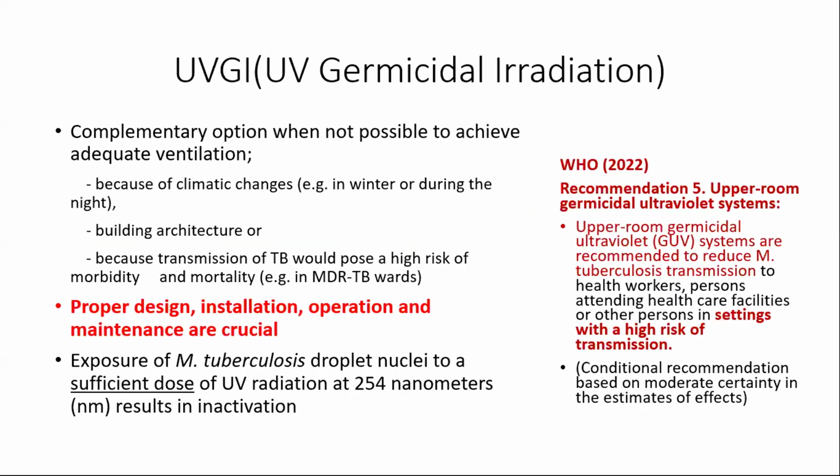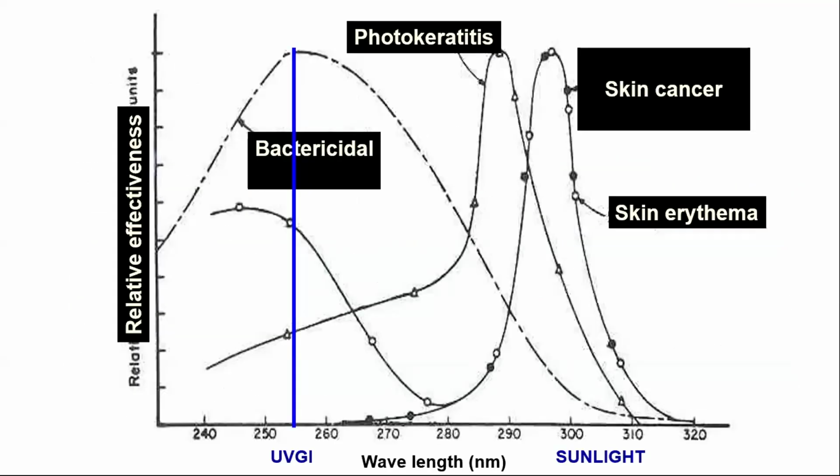ओके, नेक्स्ट हम आते हैं यूवी इरेडिएशन के ऊपर। तो डब्ल्यूएचओ का एक रिकमेंडेशन ये भी है कि यूवी जहां पे भी हाई रिस्क सेटिंग है वहां पर हम अपर रूम जर्मिसाइडल अल्ट्रावायलेट सिस्टम्स यूज कर सकते हैं। पर इसमें इंपॉर्टेंट ये है कि हमारा अगर वेंटिलेशन प्रॉपर नहीं हो रहा तो हम इसको यूज करेंगे, और इसमें डिजाइन, इंस्टॉलेशन, ऑपरेशन और मेंटेनेंस, प्रॉपर मेंटेनेंस बहुत इंपॉर्टेंट है। और आपका यूवी रेडिएशन 254 नैनोमीटर्स पे काम करता है, इससे ज्यादा नहीं होना चाहिए, इससे कम नहीं होना चाहिए। नेक्स्ट स्लाइड प्लीज।